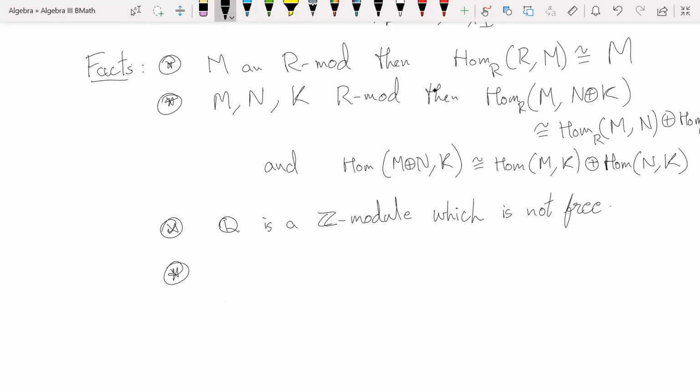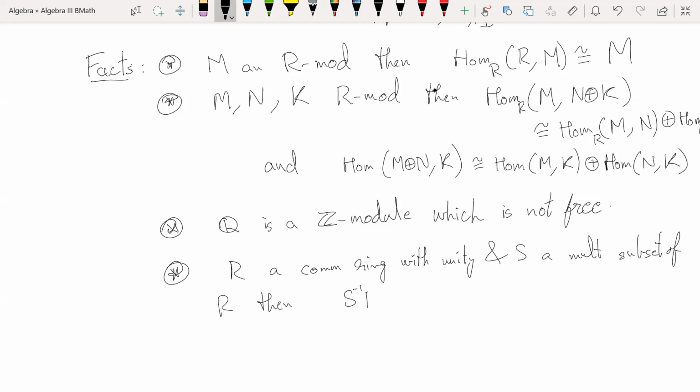What I can say is this. R is a commutative ring with unity and S a multiplicative subset of R. Then S inverse R is an R-module. Maybe this is not very interesting until I tell you the following result. In fact,